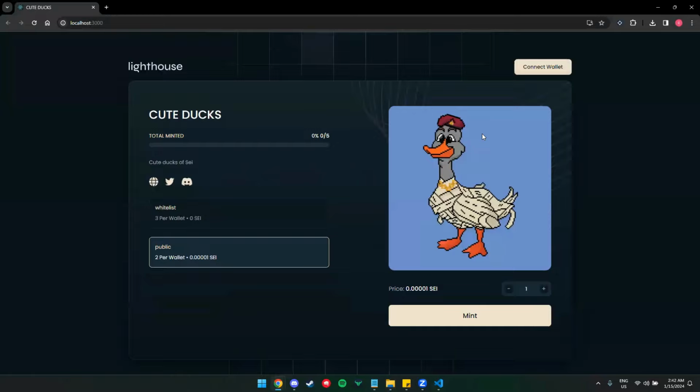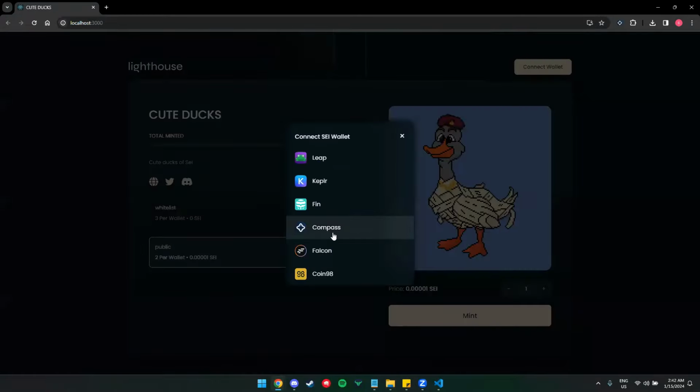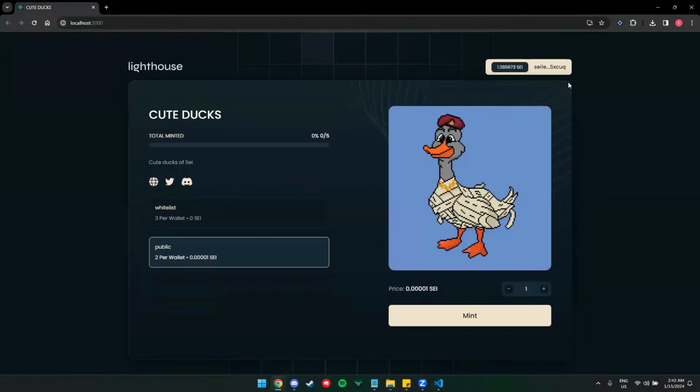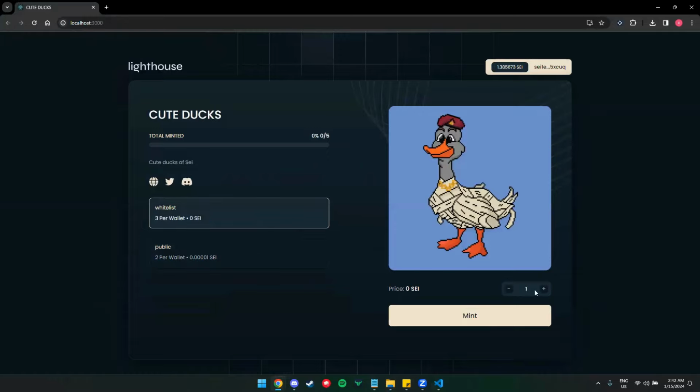So in here, you can now connect your Compass wallet. Since I'm a whitelist, I can mint a whitelist token. So let's try 5. We set the maximum tokens for whitelist to 3 tokens only. So let's mint 3 NFTs.